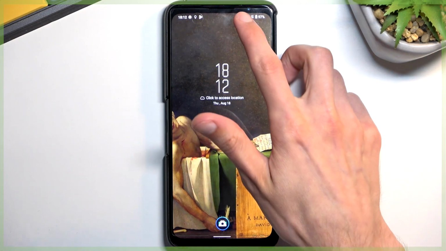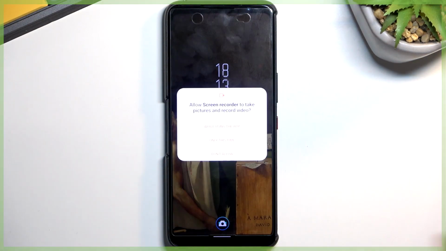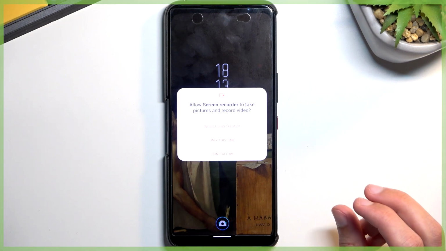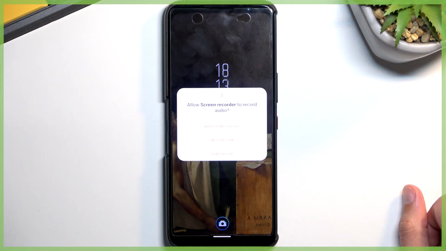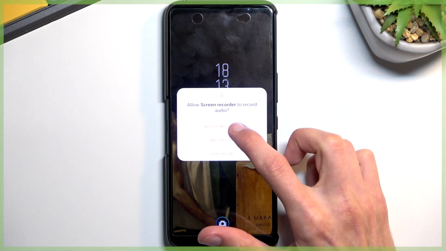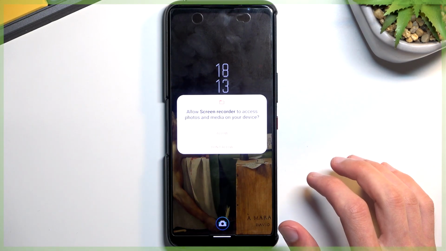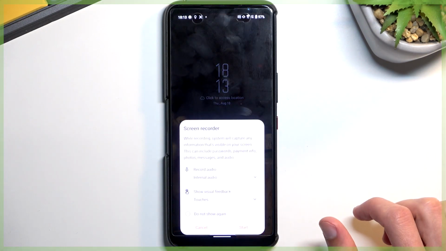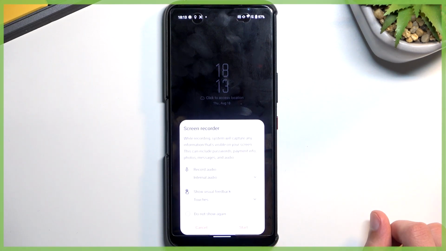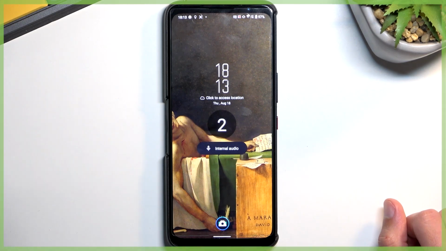So from here, let's get back to the toggle. And this time around we just need to tap on it. It asks us for access to pictures and recording, so it can actually record it somehow. So granted, access to audio, it does need access to record the system audio as well as the microphone, and allow screen recorder to access photos and media, so it has place to actually save it to. And it brings up a quick little options window right here as well, so audio recording touches and don't show again. It's gonna select start,